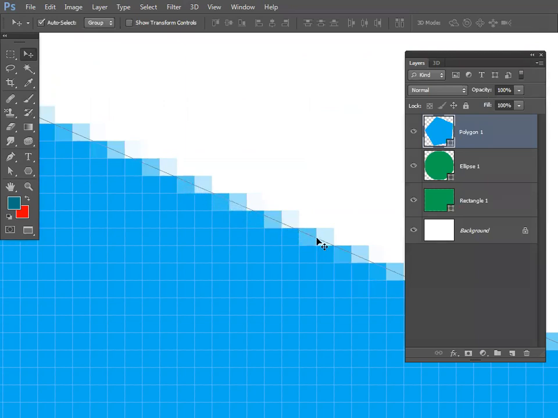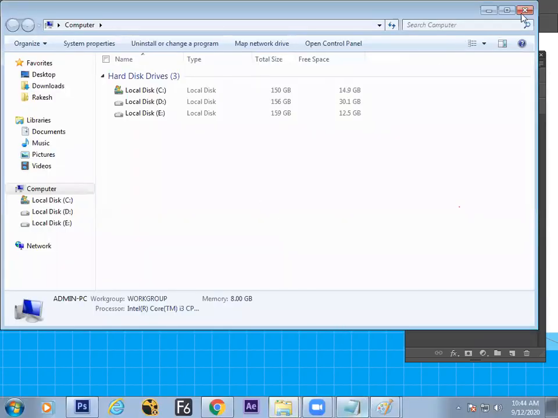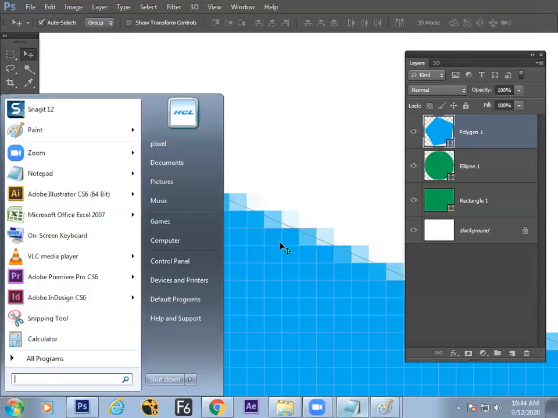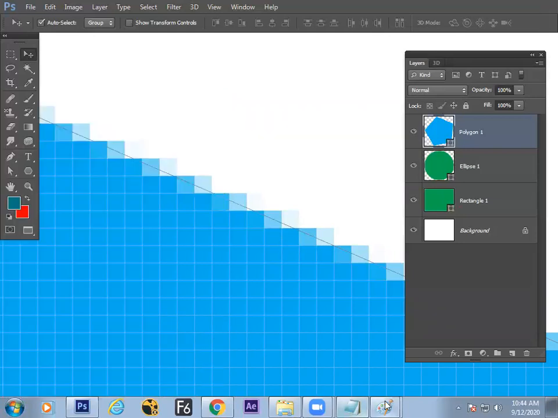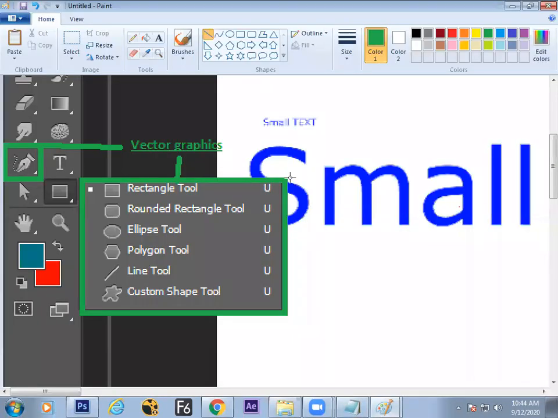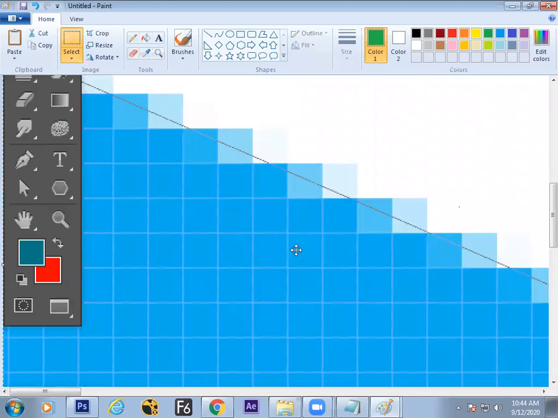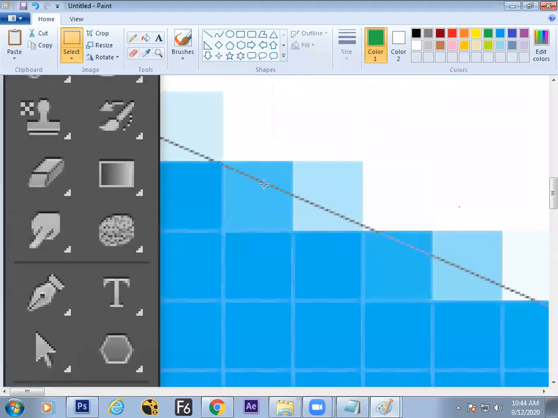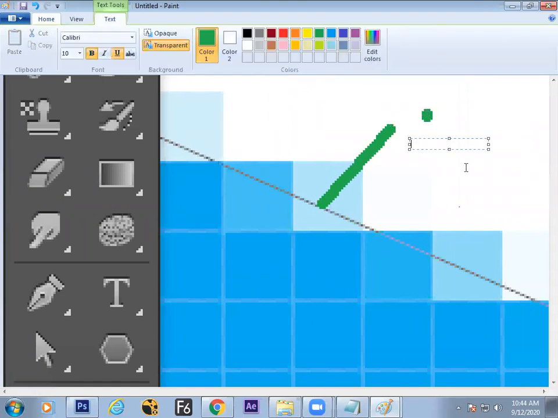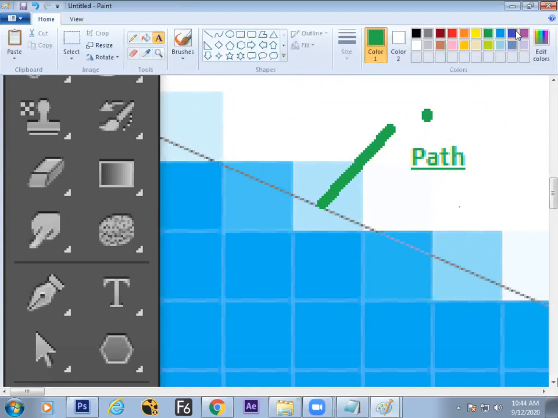A black color line. When you zoom in and see the edge, there is a path. That is the path.